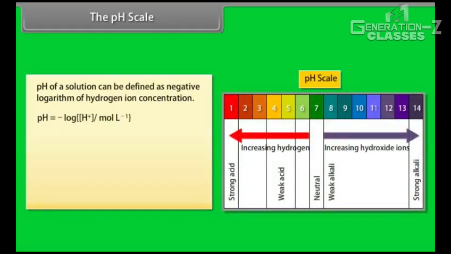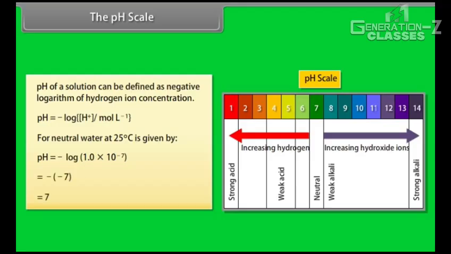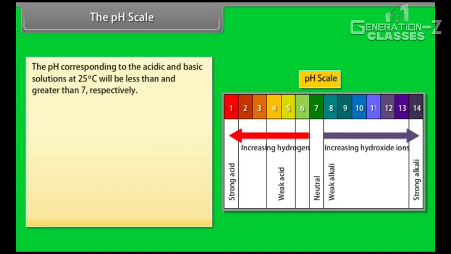The pH scale. The pH of a solution can be defined as the negative logarithm of the hydrogen ion concentration. For neutral water at 25 degrees Celsius, pH is equal to minus log of 1.0 into 10 raised to the power minus 7, which is equal to 7. The pH corresponding to acidic and basic solutions at 25 degrees Celsius will be less than and greater than